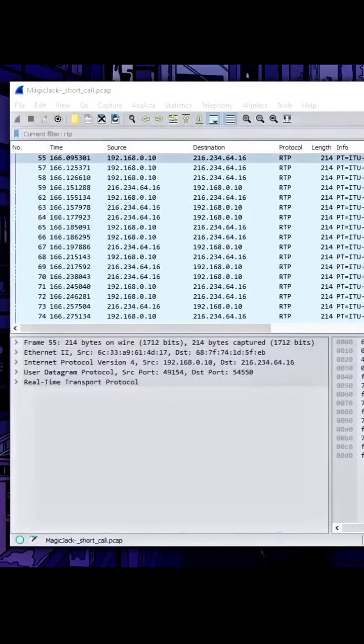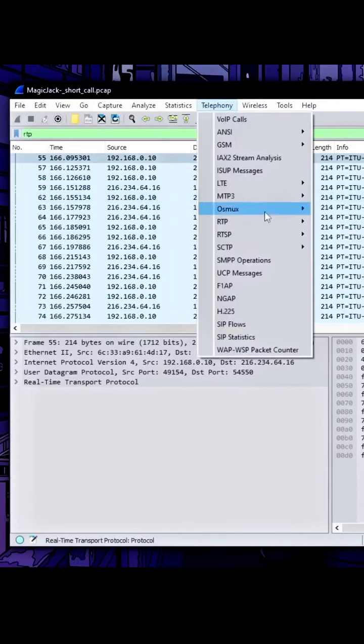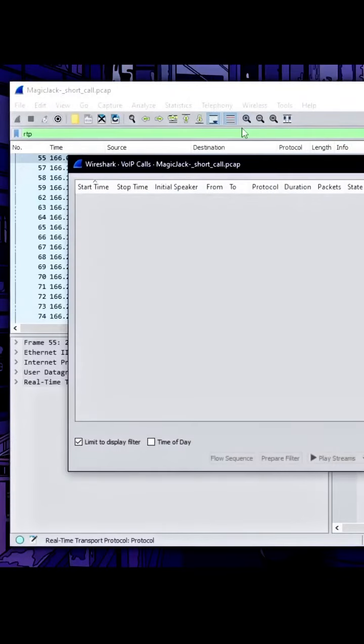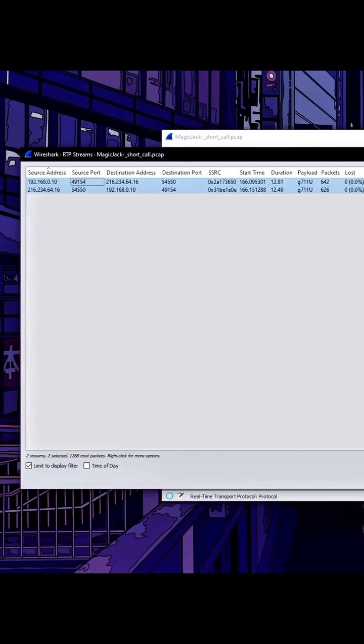Now, let's talk about how to actually listen to the conversation. Once the hacker has captured the RTP packets, they can use Wireshark's built-in features to listen to the conversation. After applying the RTP filter, the hacker will see a stream of packets that represent the conversation. In Wireshark, they can go to the Telephony tab, then click on VoIP calls, and this will bring up a list of captured VoIP calls. From here, they can select the call